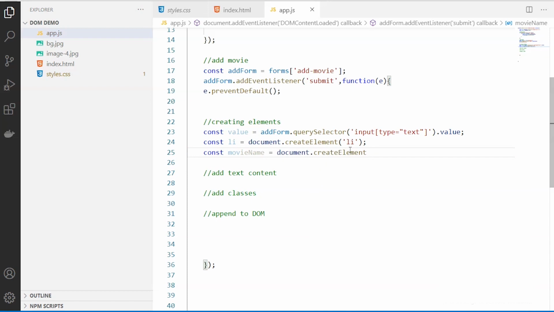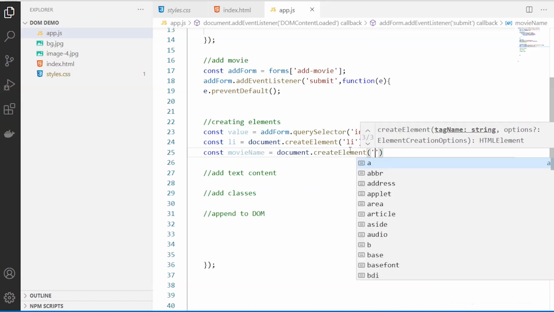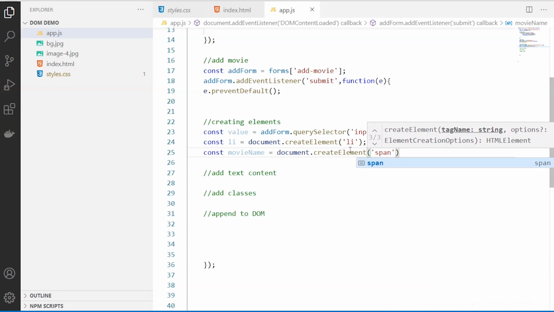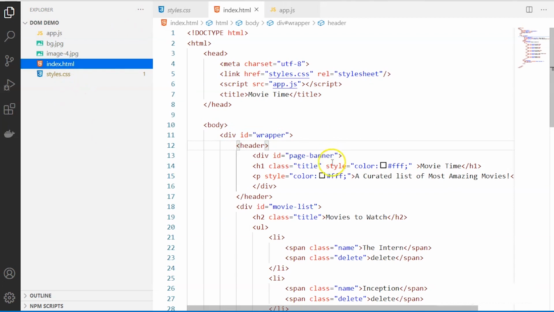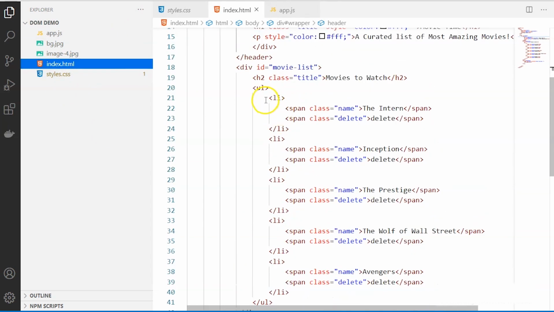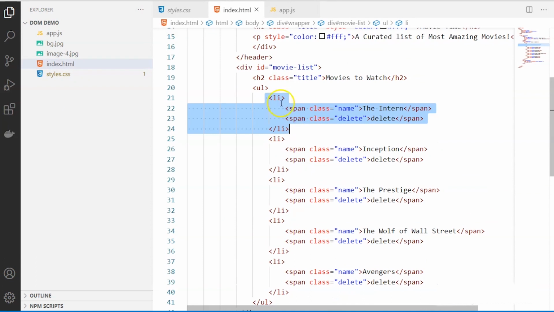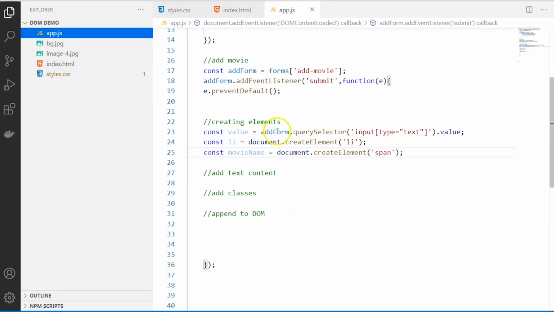That one again, as you can see, is a span. So I'll show you the HTML code here. Quickly, let's go. And so you can see this one. This is what we are trying to create in this feature. So I will have to create two elements over here. One is for the movie name, another span is for the delete button. So these two have to be created. So this is a span, and you can see that the class we will have to add next. But this li element, we have to create it like this. That is what we are doing here.